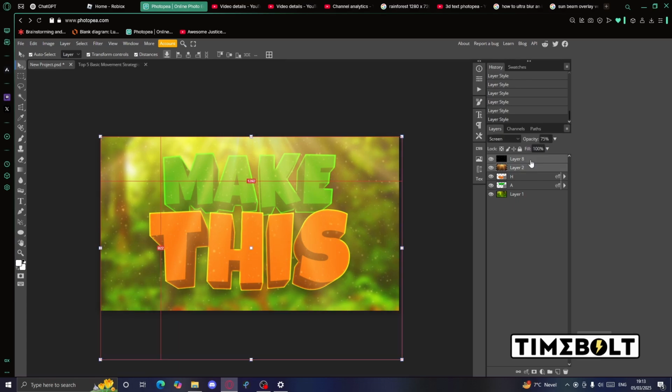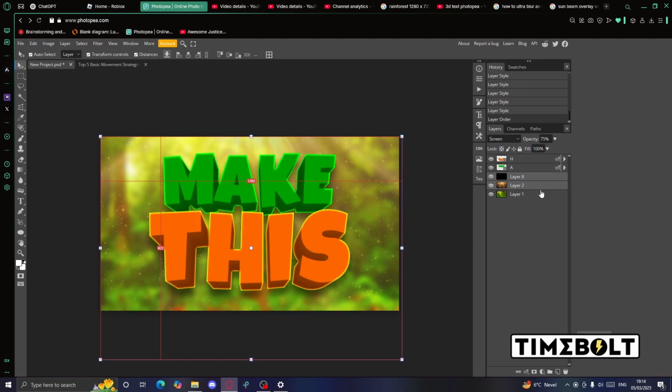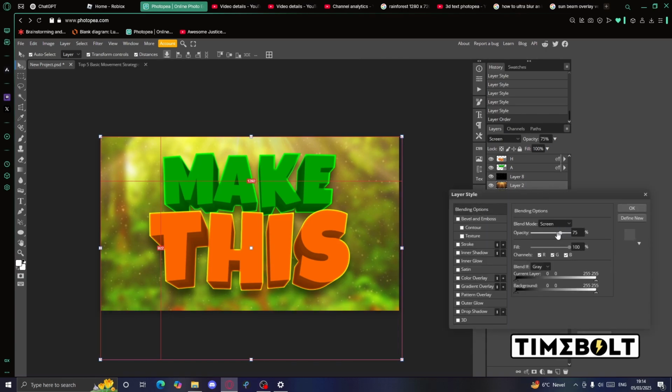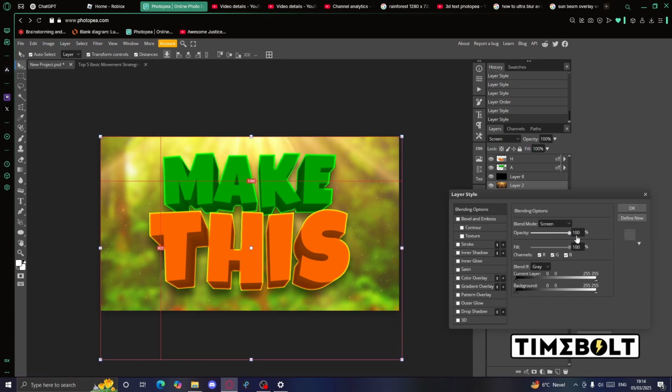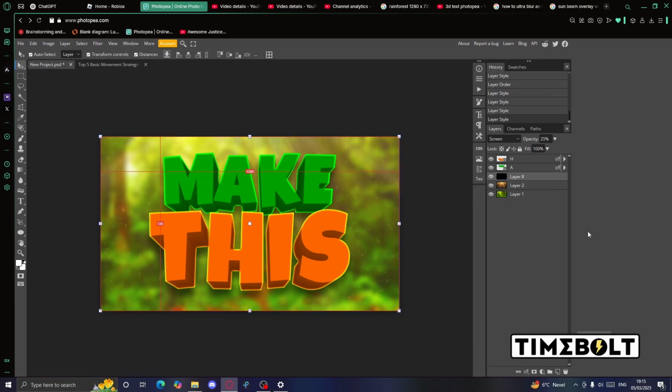The second thing to do is test if the sunbeam and dust particle overlays look good over the text or below the text. Personally, for this thumbnail, I'm going to put these two overlays behind the text. Now we can play with this a bit more and see what looks good. I think we'll make the dust very mild, and then make this quite a bit brighter. Actually, I think I'll keep it at like 50. All right, I think that looks good.